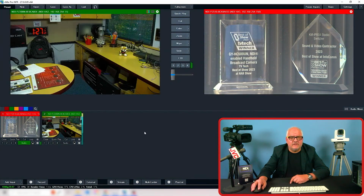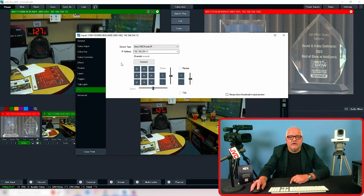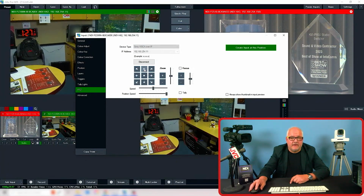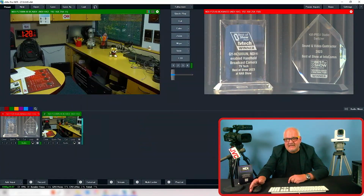And again, this is NDI PTZ camera. You click on connect, and you can control this camera over IP NDI connection. Since these are PTZ cameras added to our project, most customers would use presets with PTZ cameras. You would preset camera for each specific position. The way vMix handles presets, each preset is saved as a separate input, and I will give you an example